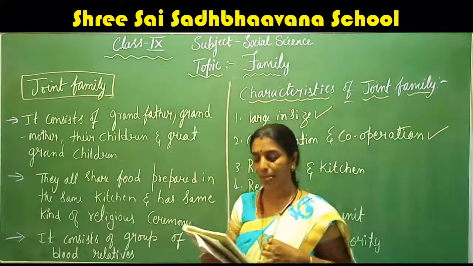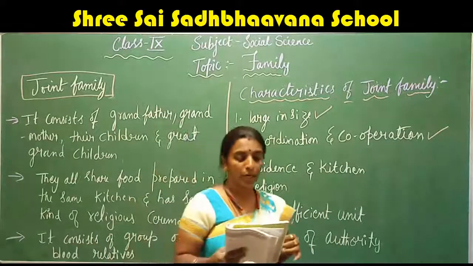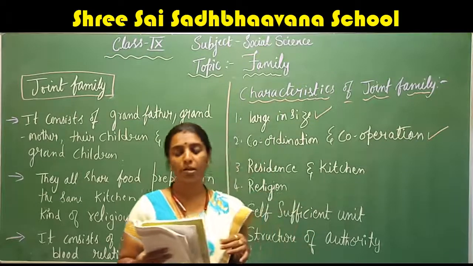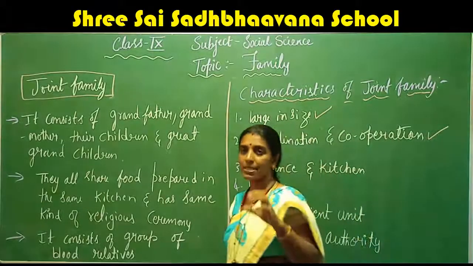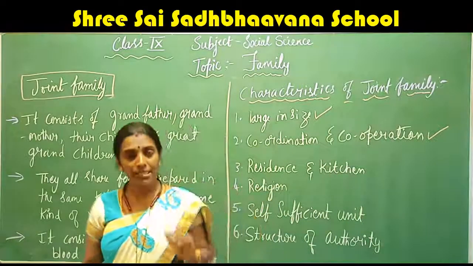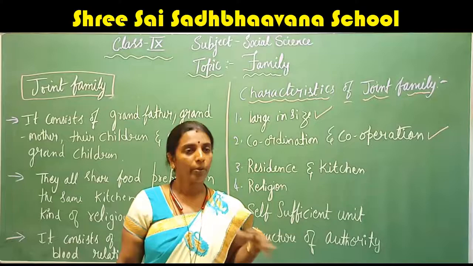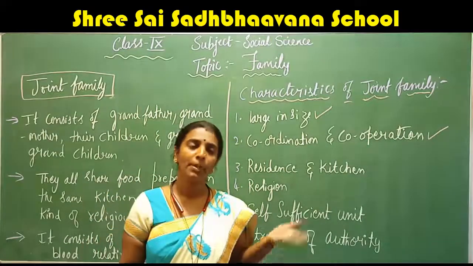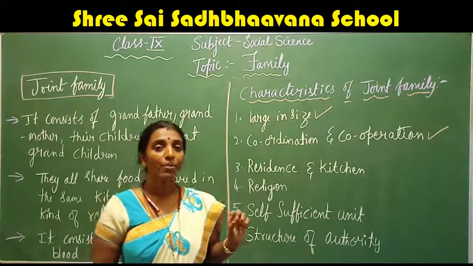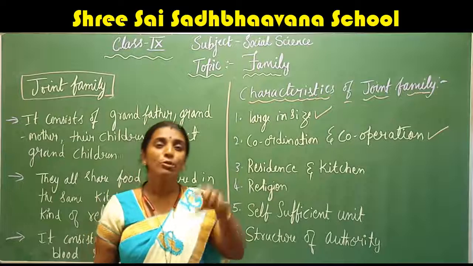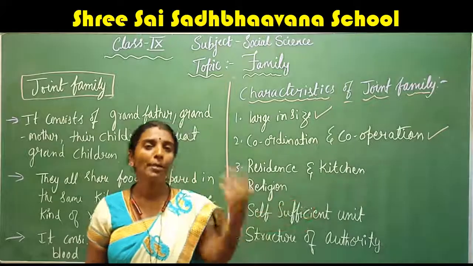Though the elder member supervises the family as head, he takes some decisions by discussing with the other members of the family. We can see the participation of all members in all the ceremonies and activities. In a joint family, one person will be the head of the family, but he will discuss the problem or the decision he wants to take regarding anything related to the family, maybe economically or socially or religiously. The main characteristic is that the person who is head of the family will discuss the matter with all the family members to take a decision.